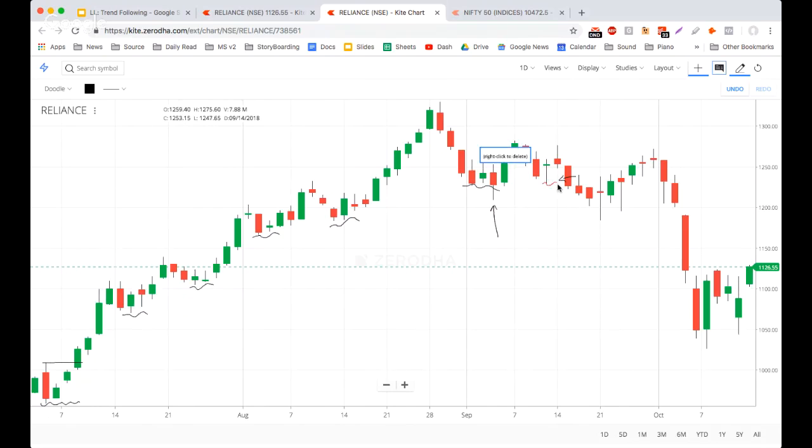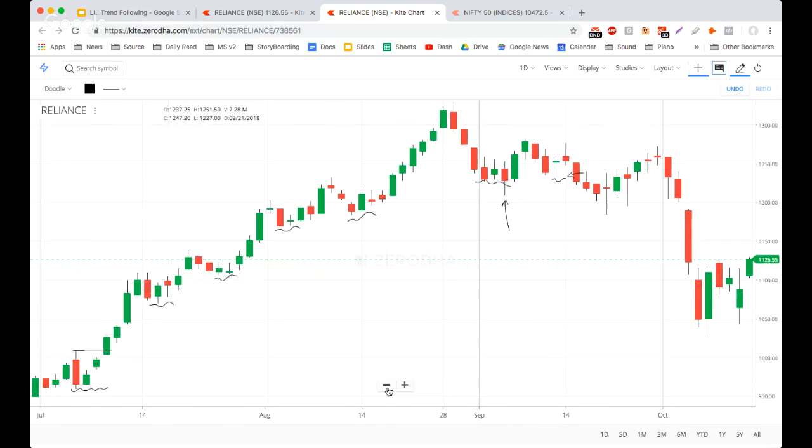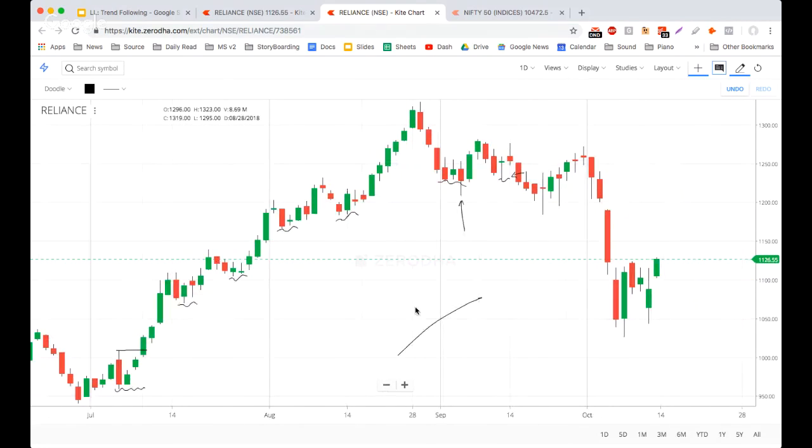Look at that. After the swing low broke, the market went sideways, but it fell. Did you need to predict the market? Did you need to read a newspaper? Did you need to watch TV? Did you need to read a research report? Did you have to look at a balance sheet?